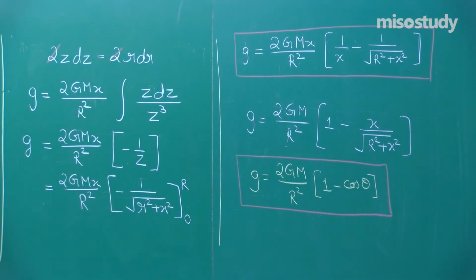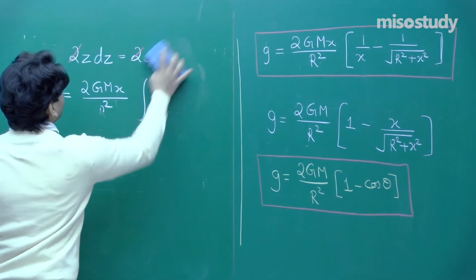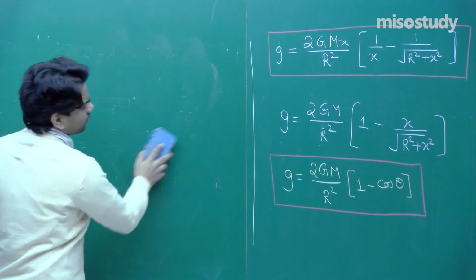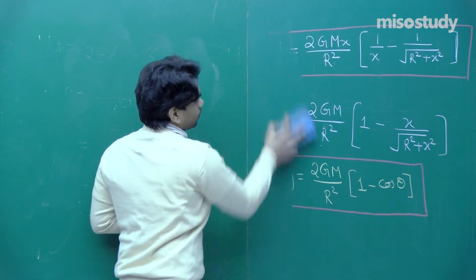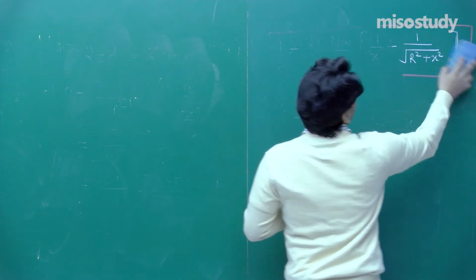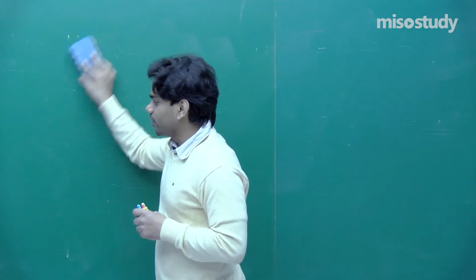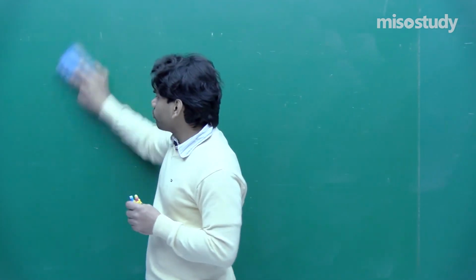So I believe that you would have understood this question, and it was a derivation kind of question, and how we utilize the concepts that we have learned earlier to find out the derivation for gravitational field due to a uniform disk. Now I believe that it will be very easy for you all to solve the derivation part whenever it's required. And now if any complicated objects also appear in the examination, you can easily do the derivation part. We have done a lot of derivations that will be easy and helpful for you all. Now let's go ahead, let's do the next question.